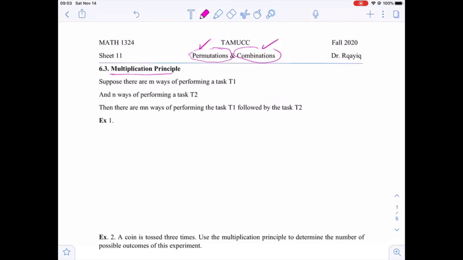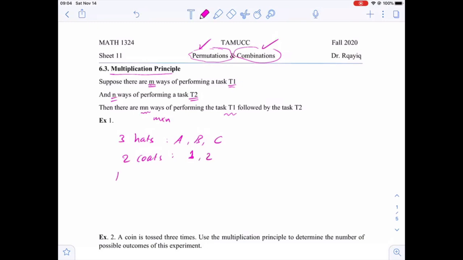The multiplication principle says that if there are m ways of performing task T1 and n ways of performing task T2, then there are m times n ways of performing task T1 followed by task T2. For example, suppose that you have three hats, let's call them A, B, and C, and you have two coats, let's call them 1 and 2,